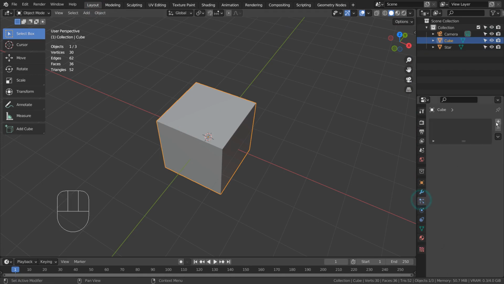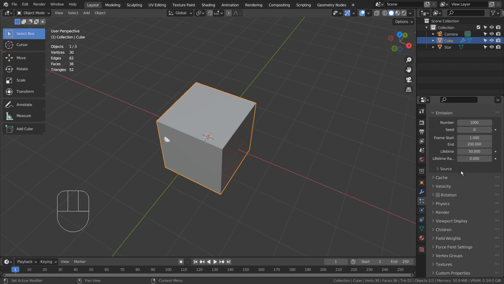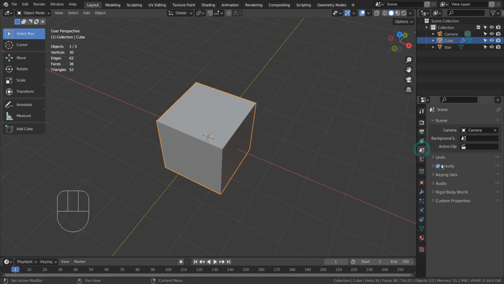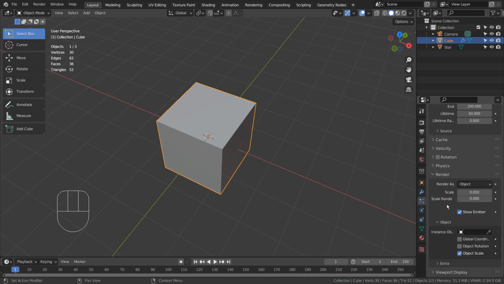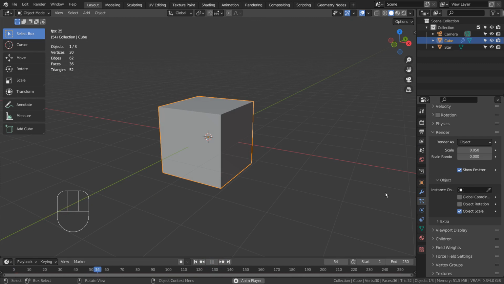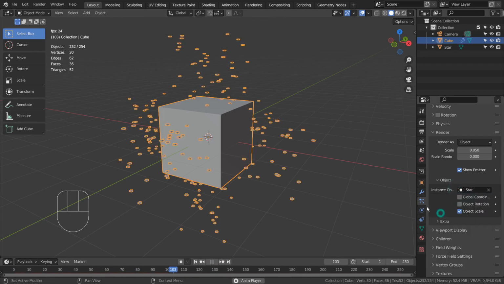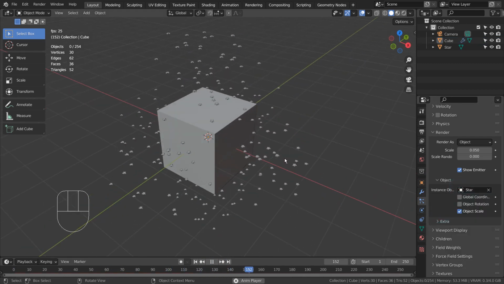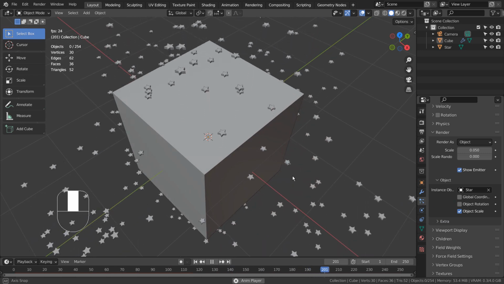Let's add a particle emitter, and use the star mesh as its particle object. We need to tweak the settings a bit.